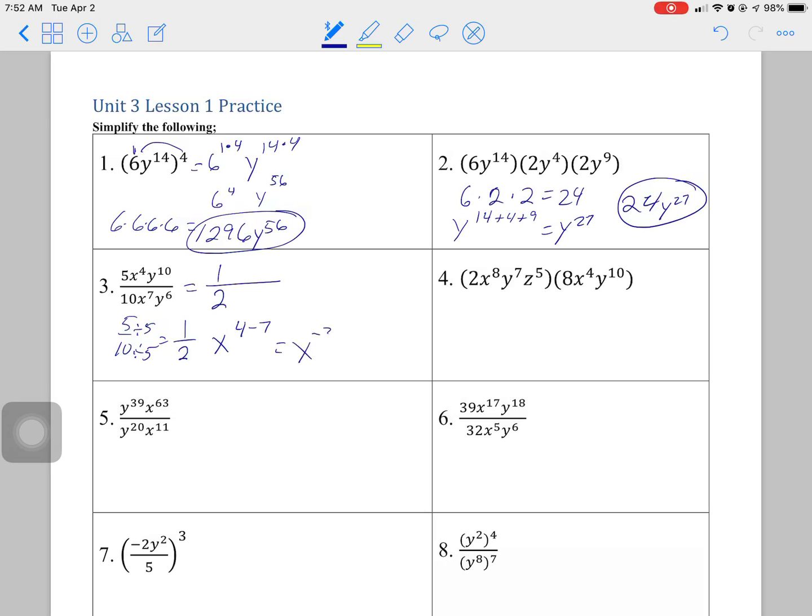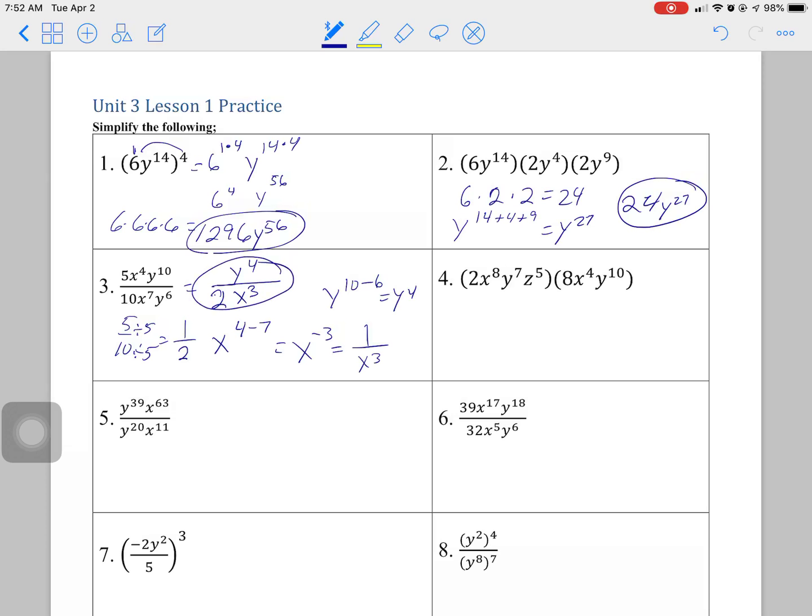So x to the negative 3, which means it's on the bottom. Okay. And then y to the 10th minus 6 is y to the 4th. It's positive, so it's on top. All right, and then we don't need the 1,